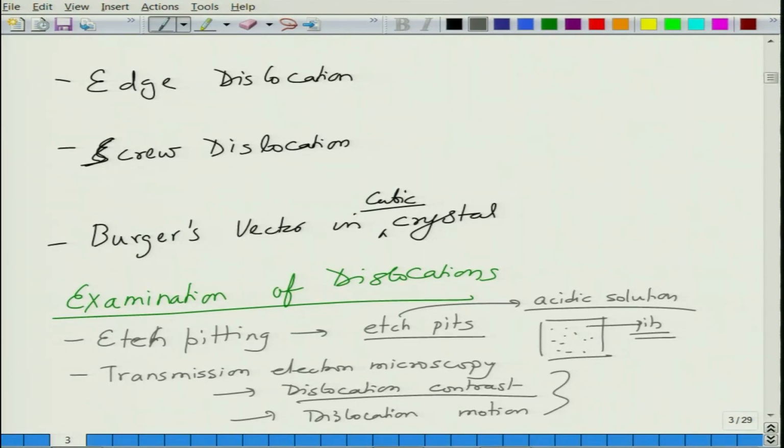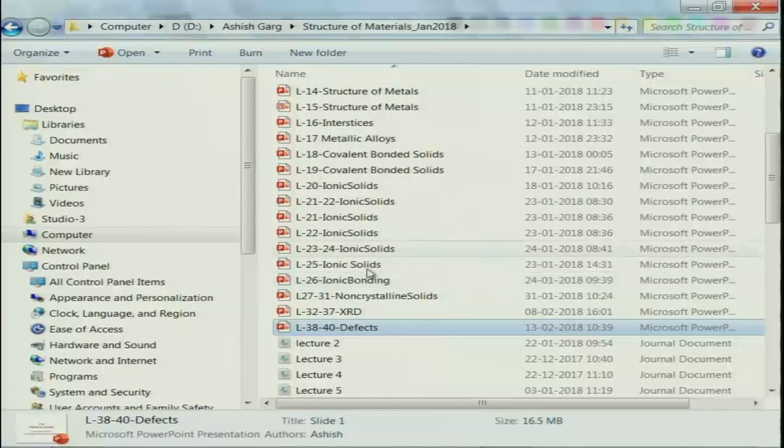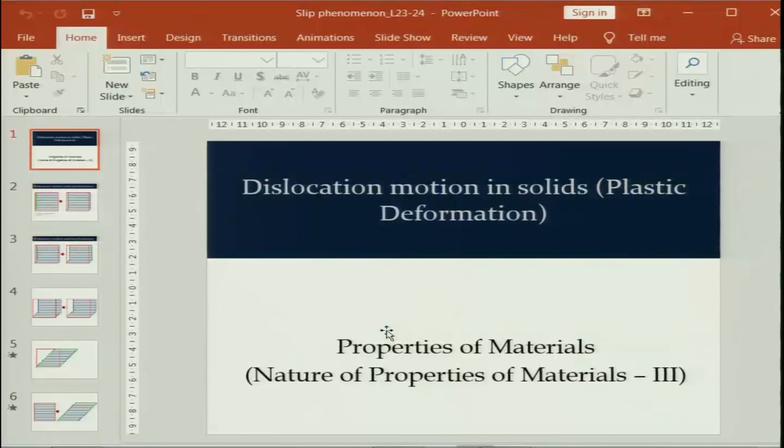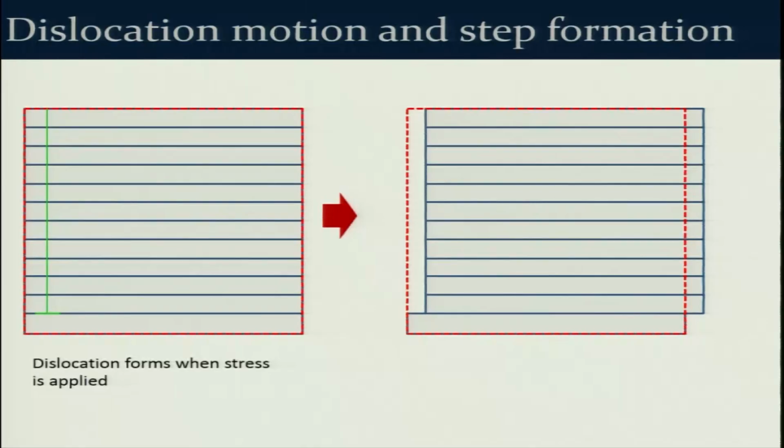Now, having known this about dislocations, the next question is how do you translate this information about dislocation motion into the slip phenomenon. For that I am again going to take help of another PPT to illustrate the principle. So, let us say on the left we have a perfect part of the crystal, this is the perfect crystal. In this crystal, on the left, I create a dislocation. So, this is a dislocation that we create, okay.